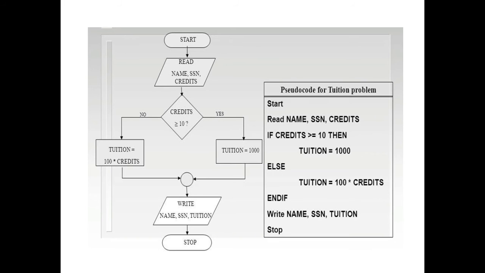And if it is not, which is accompanied by the else keyword, then your tuition fees will depend on your credits, that is, 100 multiplied by your credits. Your credits will be less than 10. So if it is 9, then your fees will be 900. If your credits is 8, then your fees is going to be 800, and so on. After that, it will be accompanied by an end if block. So there is nothing complex here. All we have used are the keywords if, else, and end if.